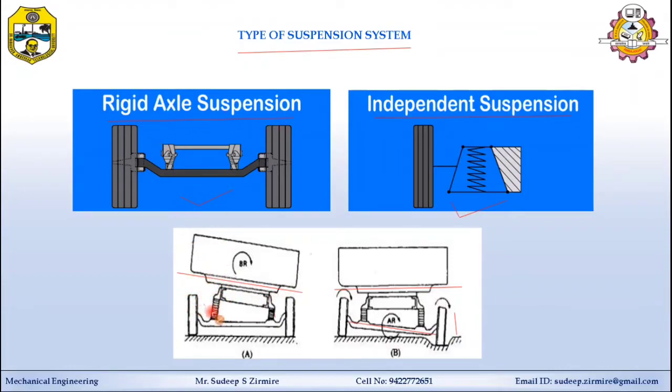In the rigid axle suspension, the unsprung weight is more. It also stores more elastic energy and transfers it to the upper side through the spring, so you feel more vibration in the rigid axle suspension. However, the cost of the independent suspension system is high because maintenance is also more, because a number of bearings and different parts are used in it. But the unsprung weight of the independent suspension system is less, so it gives more comfort when compared to the rigid axle or conventional suspension system.